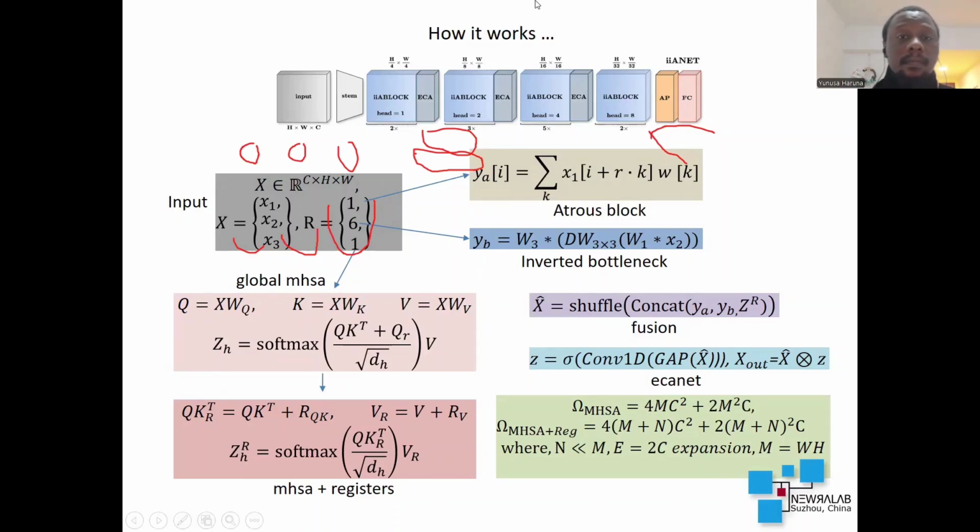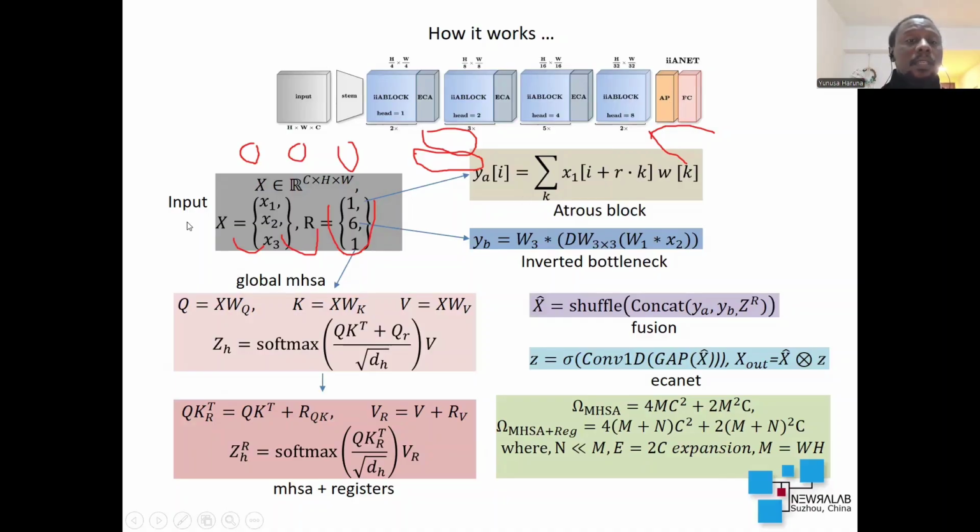And it goes like that until you reach 32. You can see the number of blocks: times 2, times 3, times 5, times 2. This follows the Inception network's use of this number of blocks. And in the end, we have an average pooling and a full